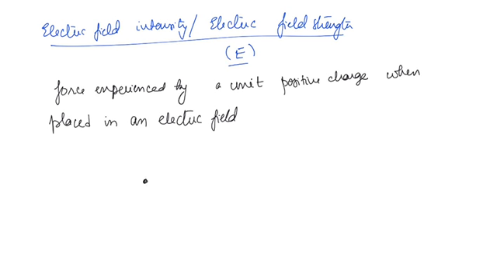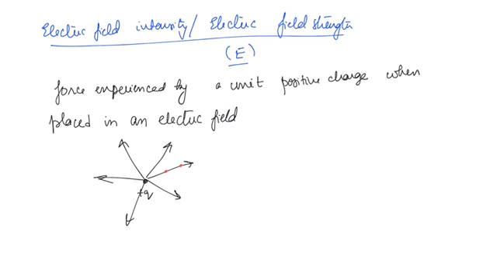That means we took a positive charge here previously, the 1 coulomb charge, right? So what will be the electric field intensity for this charge plus Q? That will be nothing but the force experienced by the unit positive charge when placed in the electric field. We know that it is going to vary with distance, because if you place the 1 coulomb charge here, then it will face one kind of magnitude. If it is brought nearer, then the electric force experienced is greater. That means the electric field intensity is greater.